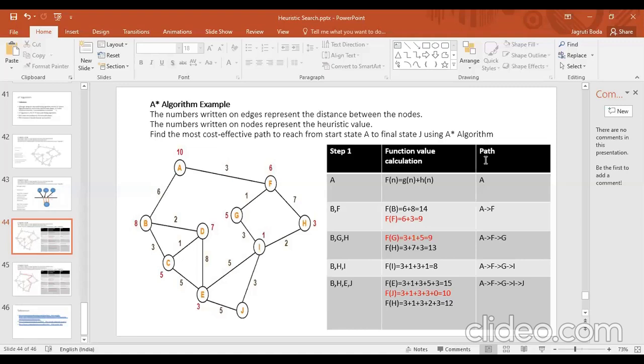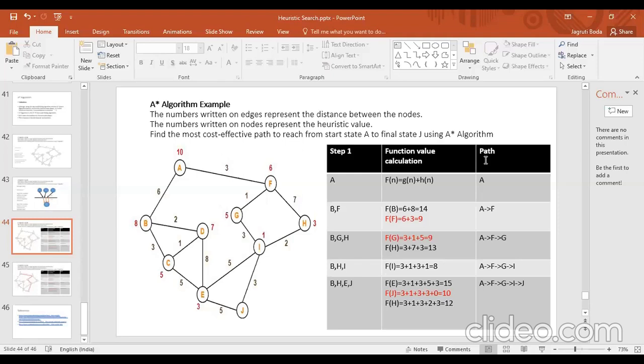Otherwise you have to calculate using a heuristic method. We already saw in the 8 puzzle problem what the heuristic function is, that is the number of mismatched tiles, right? So you have to calculate h of n using this also. If the value of h of n is given in the A star algorithm, fine. Otherwise you have to provide the function to calculate h of n. Suppose you are given an 8 puzzle problem and asked to solve it using the A star algorithm, so you have to calculate h of n.